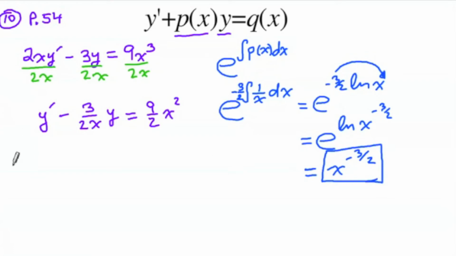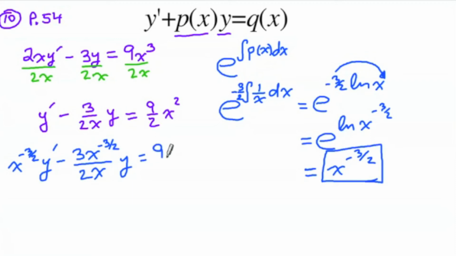So this is going to give us x to the negative 3 halves times y prime minus 3 times x to the negative 3 halves, I'll simplify later, over 2x, and this is all times y, is equal to 9 halves x squared times this x to the negative 3 halves. All right, so simplify, and we're going to get x to the negative 3 halves, y prime,